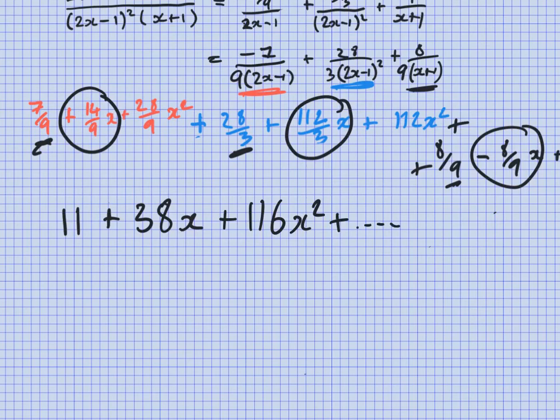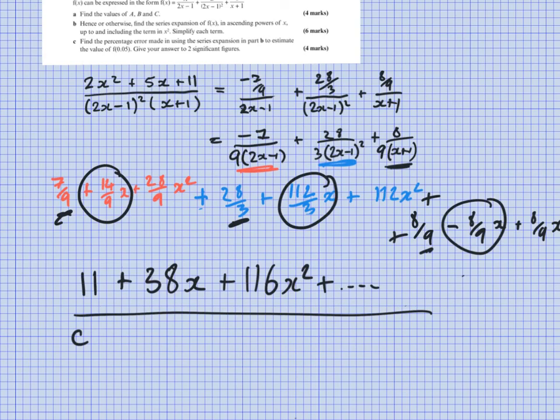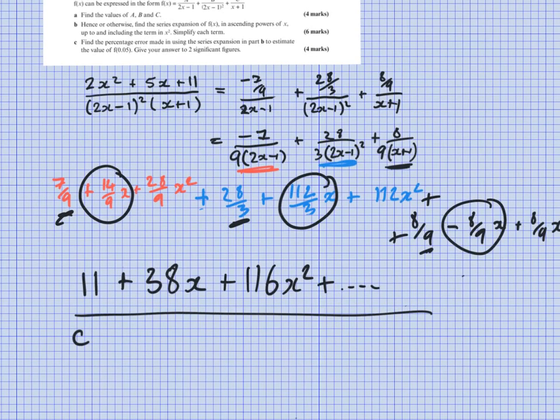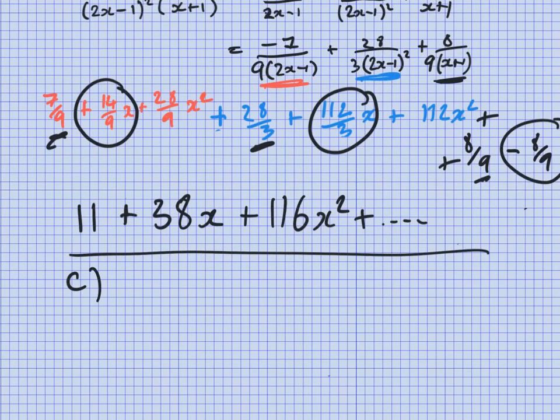Okay, let's bring us to part C. Part C. Find the percentage error if we estimate the value of f of 0.05. Okay, what's it actually asking here? So we want f of 0.05. If we start by finding f of 0.05,